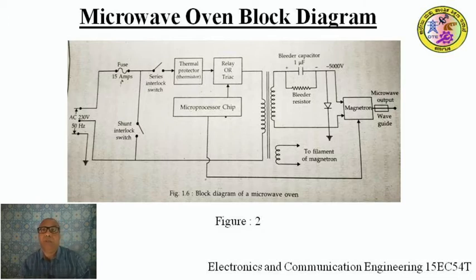As you can see, the figure here shows the block diagram of the microwave oven. The AC mains plug and socket: you can see here, 230 volts at 50 Hertz AC is applied. It's a 3-pin socket, and certainly we need to have earthing. Earthing is very, very important. 3-pin earthing is there. The fast blow ceramic fuse of 15 amps, as you can see here, at 250 volts,